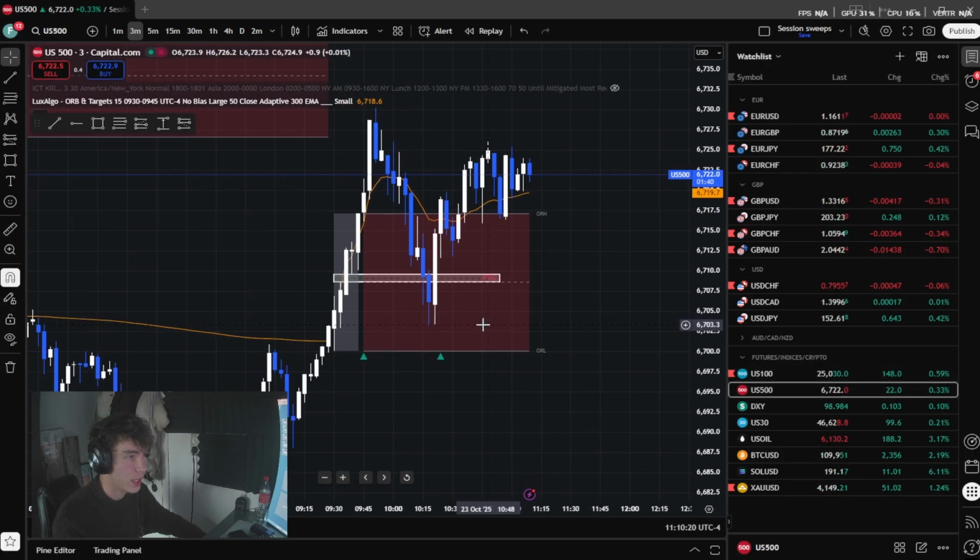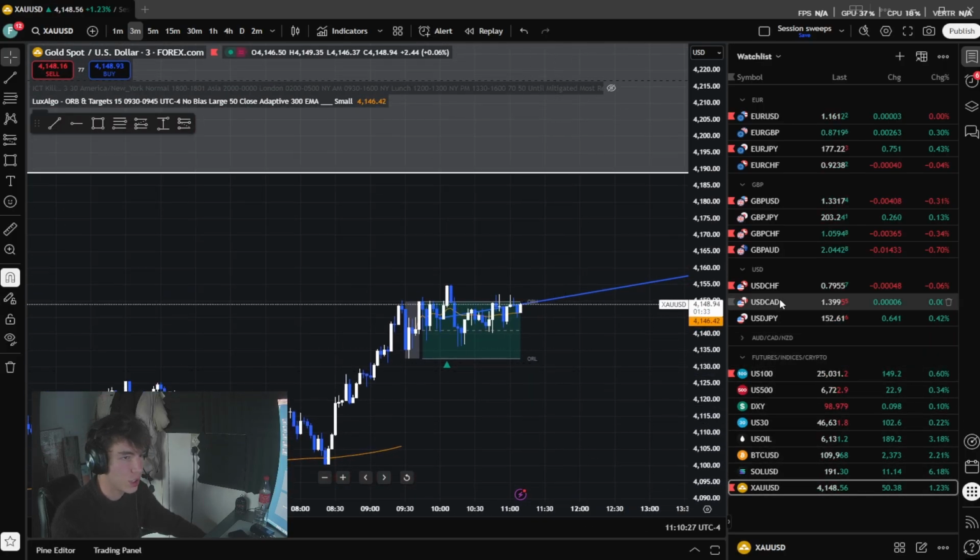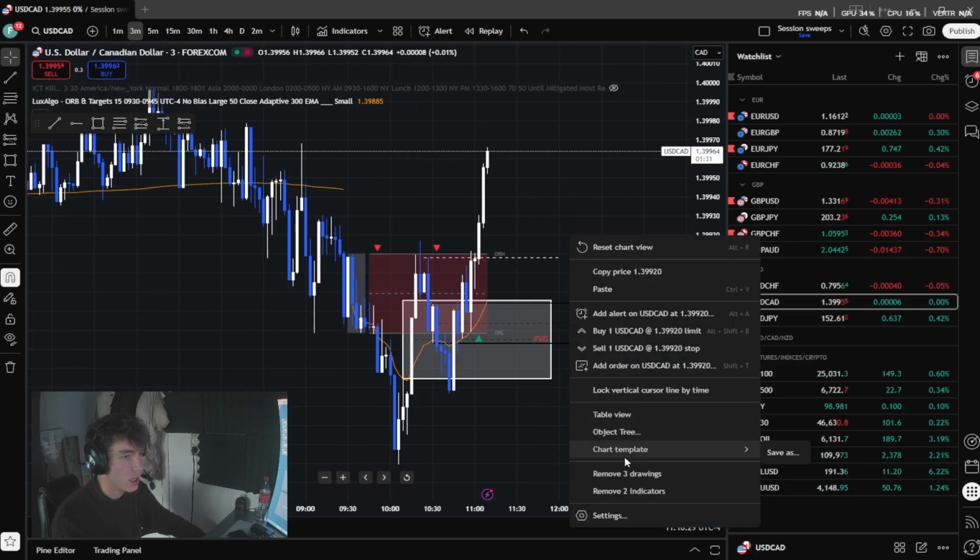Same here. We do not have a fair value gap right here, so I wouldn't take the trade. Let's see on gold. Gold is consolidating. I wouldn't take that trade either. As we can see here,